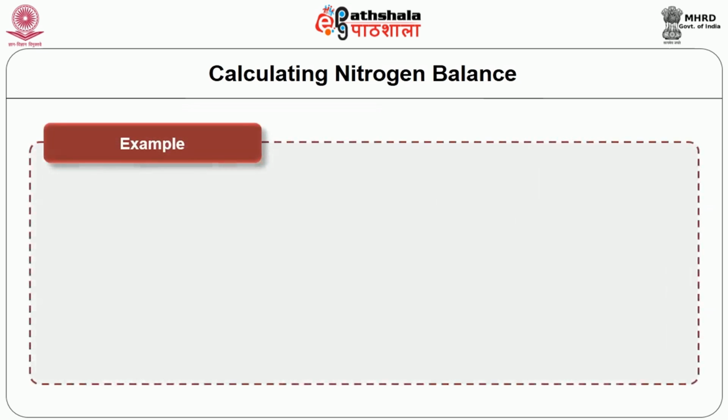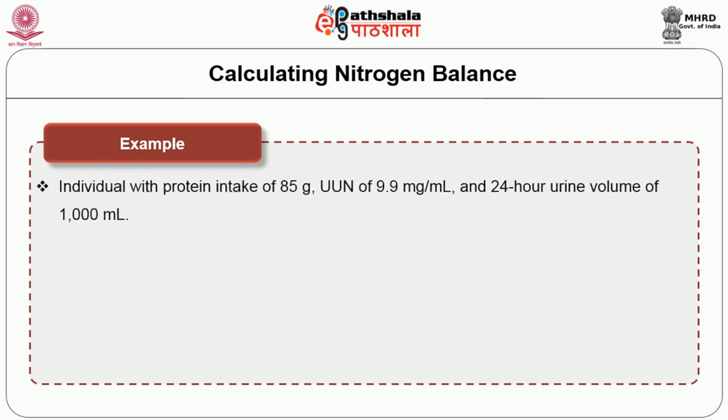If we consider one example to understand, an individual with a protein intake of 85 grams, and we estimate the urinary urea nitrogen of 9.9 milligrams per ml, and the 24-hour urine volume is 1000 ml. Usually, when we are doing experiments with human beings, we collect the 24-hour urine. Otherwise you are not calculating or determining the nitrogen loss accurately. So, 24-hour urine sample collection is very, very important, and analyzing it for the